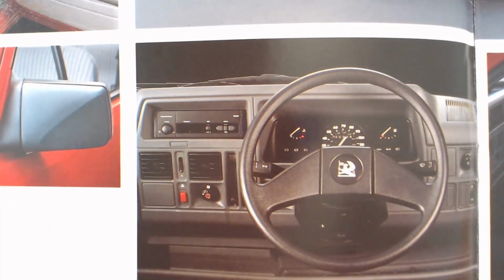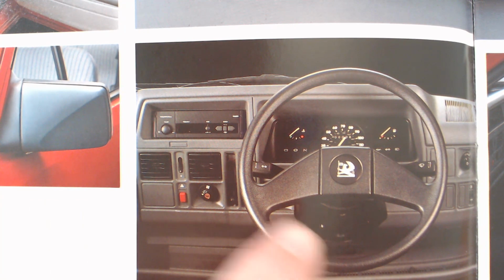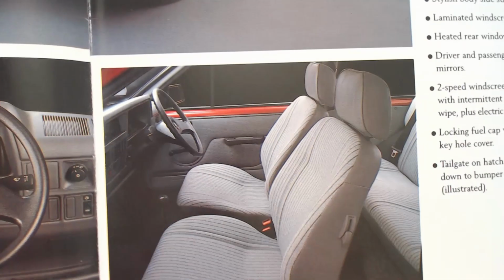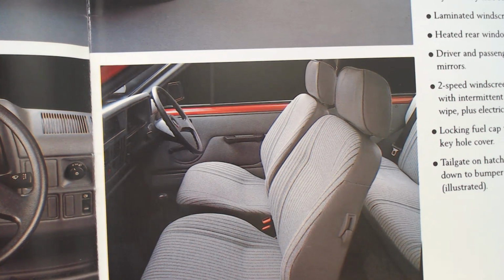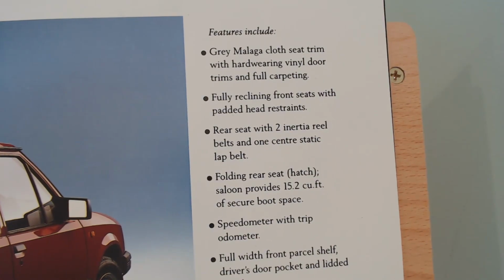So that was controversial for that reason, though. Obviously, the Vauxhall badge in the centre, that very, very basic dash, though, isn't it? Very plasticky, and a very basic interior as a whole, with the body coloured metalwork showing on the outside there. It tells us the features of this base model were grey Malaga cloth seats, fully reclining front seats,